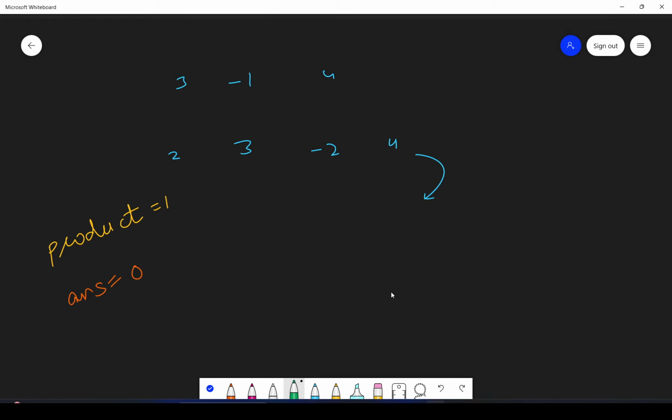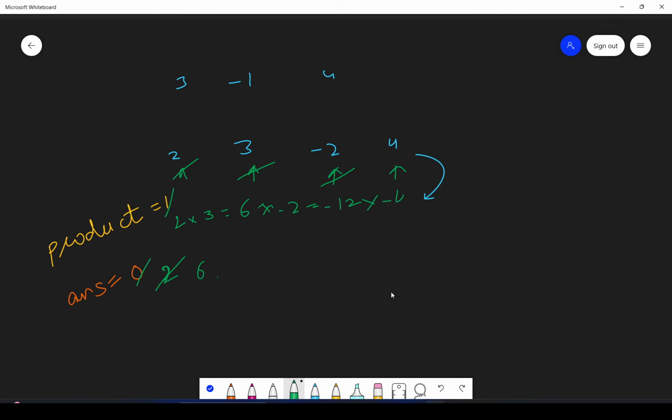So let's iterate. First I go to 2, so this will be 1 into 2. 2 is greater than 0, so we will update it. Then we go to 3. 2 into 3 becomes 6, and 6 is greater than 2, so we update it. Then we go to minus 2. 6 into minus 2 becomes minus 12, but it's not greater than 6, so we will not update the 6. Then we go to 4.